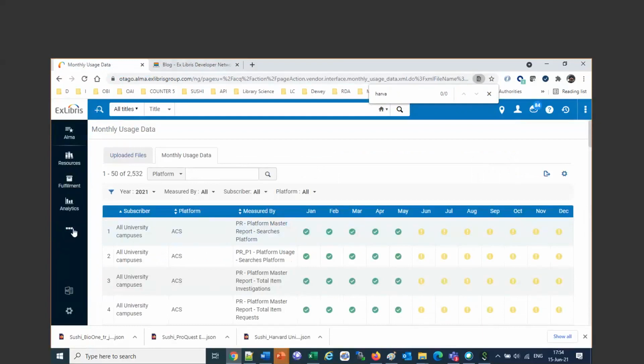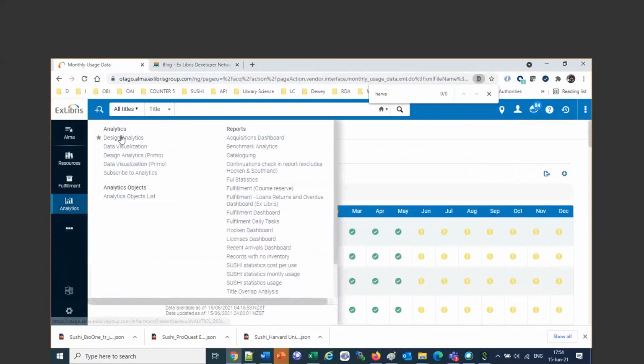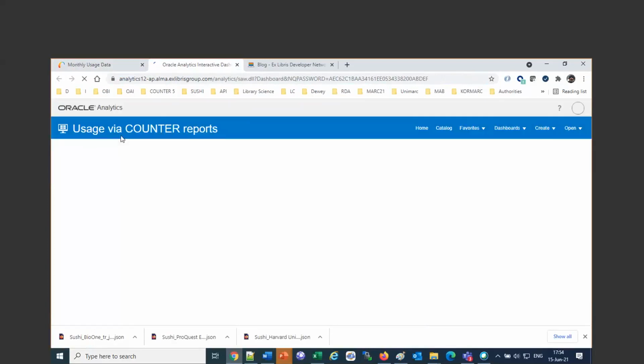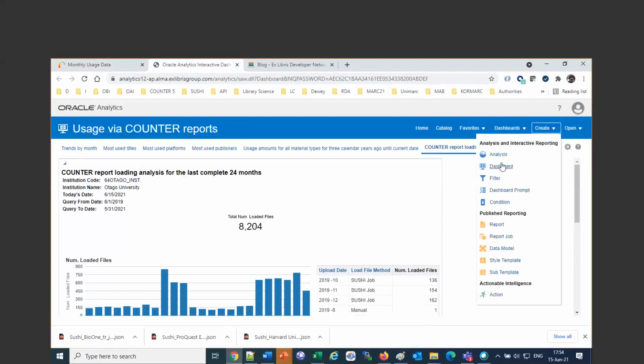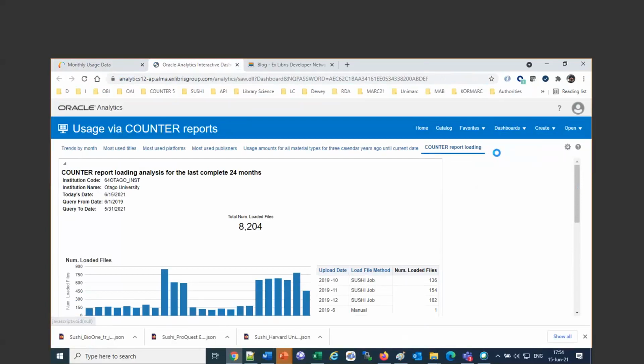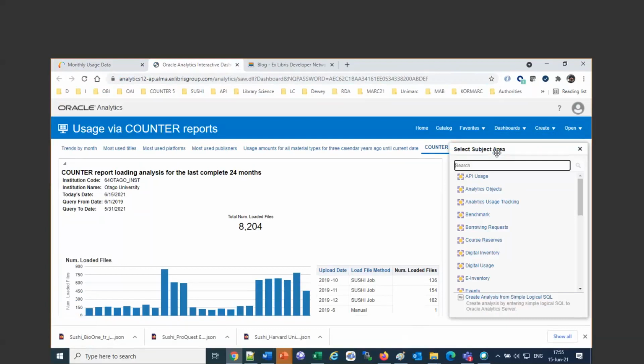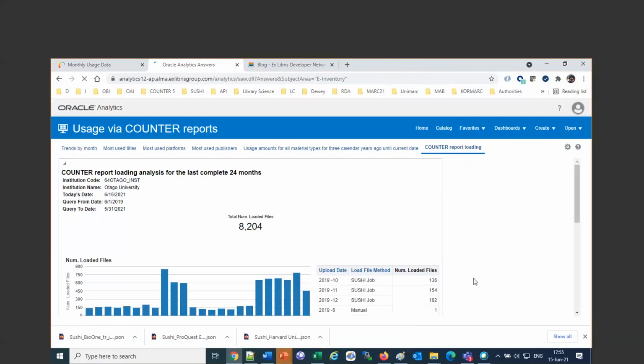And it looks like I closed the analytics, so I'll go back in. All right. So now we're going to look at the e-inventory subject area, which includes a folder for cost per use. If I say create analysis, first I'm just going to show the subject area, then I'm going to show the default dashboard. If I say create analysis and I go to the e-inventory subject area,